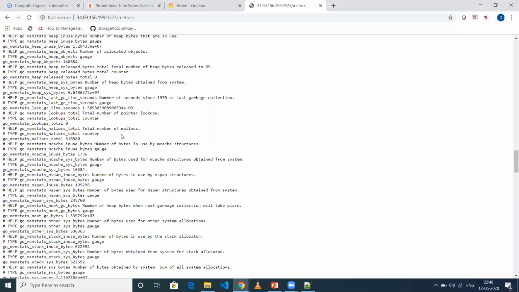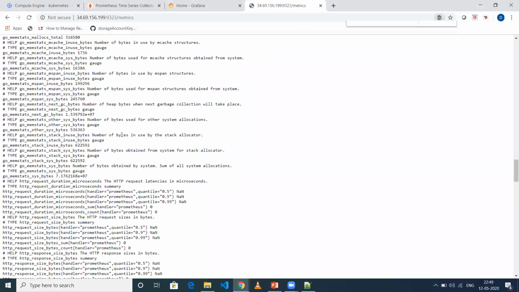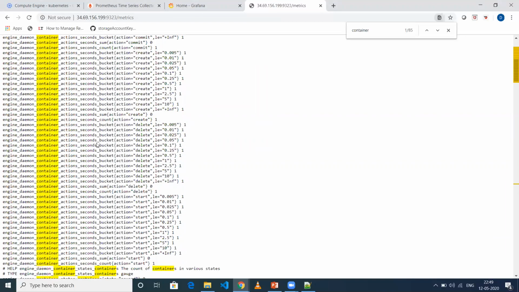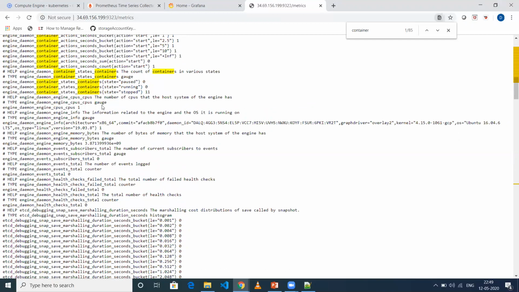Many metrics are there. If you want to see one, let me search for Docker. Okay, let me search on containers. There are many metrics there.